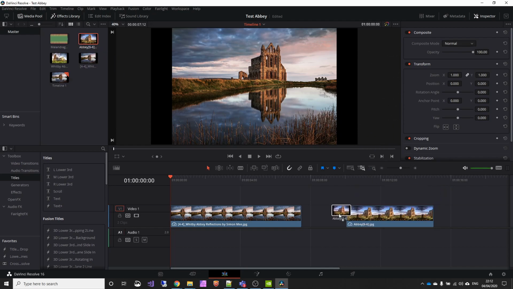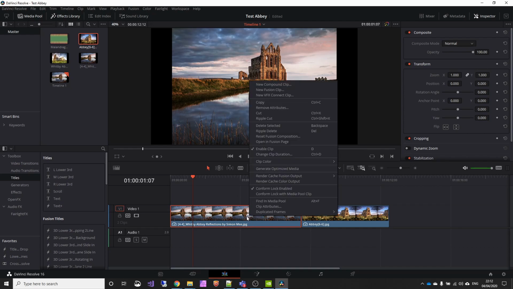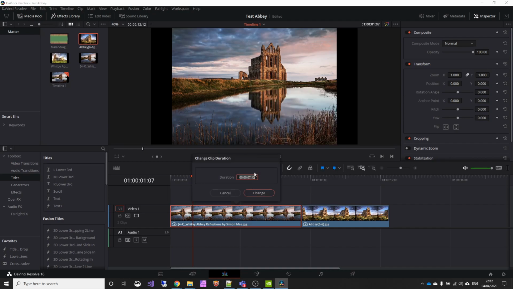So we'll grab this one and we'll just plop that on the end there. So we've got our 2 images. This little red line here, you can just grab it and it's basically your timeline. So what I can do, you saw me drag the length of time. If I right click on that, I can actually go to change clip duration, and you can see it's nearly 7 seconds. I can just go back and make that 6 if I want to precisely. I've changed that, you can see it come back there. Okay,